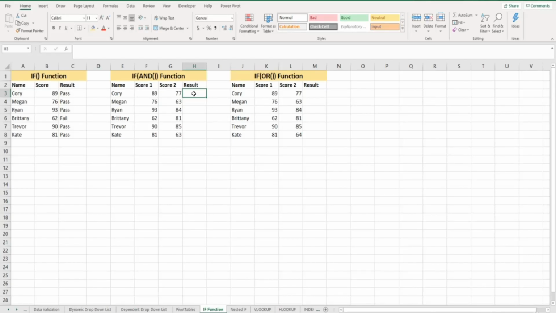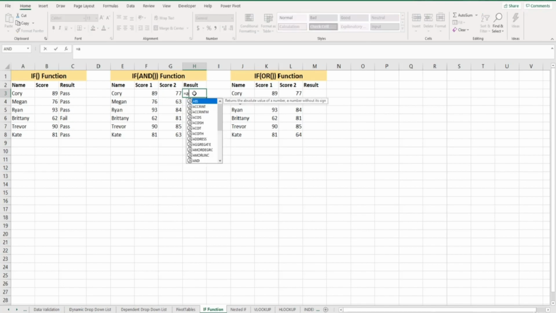Okay, so now we are going to expand the if function by combining it with other conditional functions. So the first function that we are going to combine with the if function is the AND function. And let's see what Excel defines the AND function as. So if I type in AND, and this function checks whether all